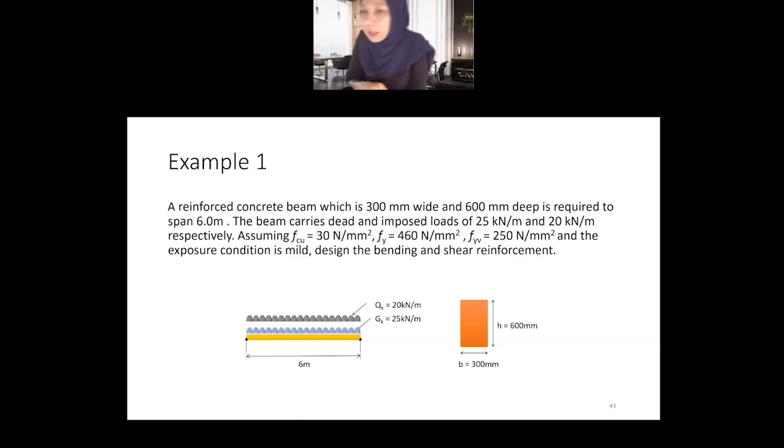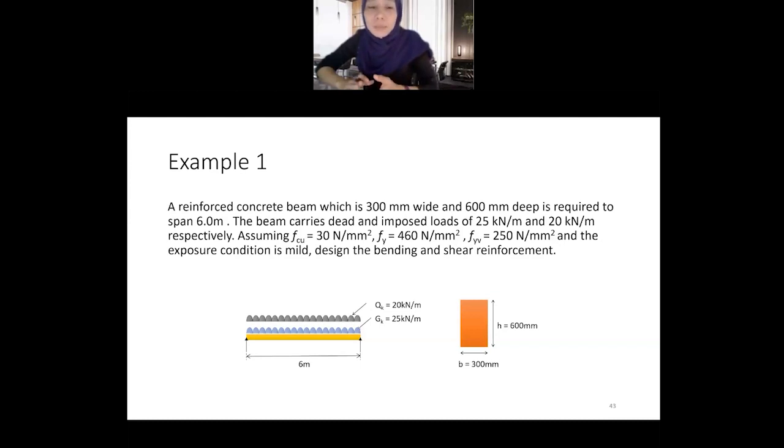Okay, so kita dah belajar a little bit about... I skip all introduction lah, tapi I nak rewind sikit, refresh balik apa yang kita dah belajar, mostly about theories. In our last class, I cerita about spacing, and also theory about shear reinforcement. Last class kita belajar theory, mostly about to design shear reinforcement. So hopefully most of you understand about the theory of macam mana kita nak calculate shear reinforcement and all the